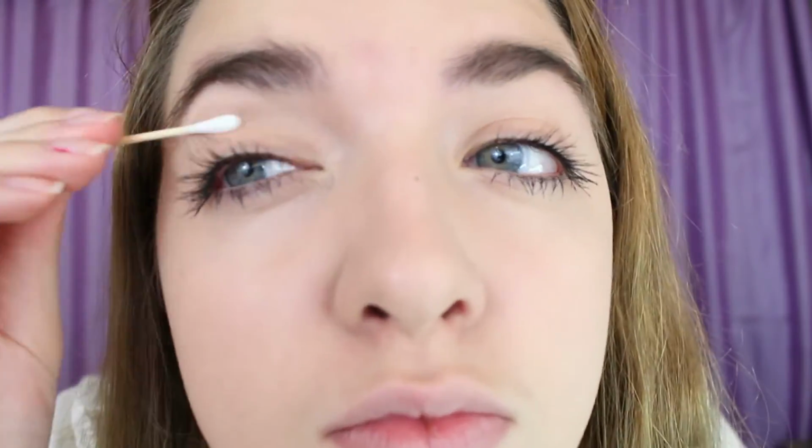I inevitably get mascara on my face and around my eyes. To get off those little flakes, I use a dry Q-tip. Then I just put some chapstick on my lips, and usually this is where I stop for my everyday look,